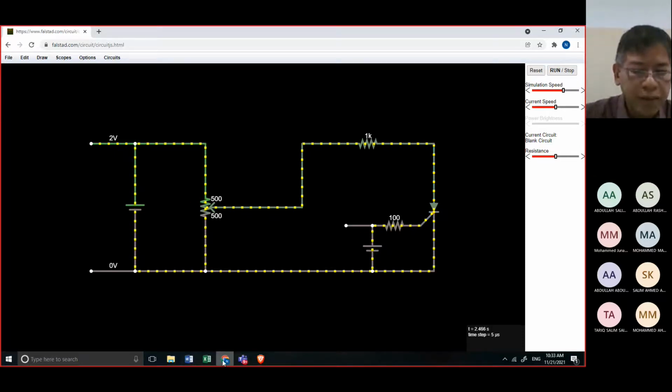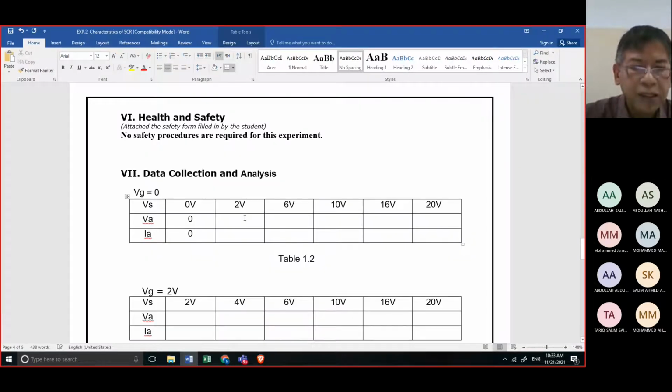So meaning to say that your answer here is how much? 998.87. What is the unit? Millivolt. Okay, this is millivolt.